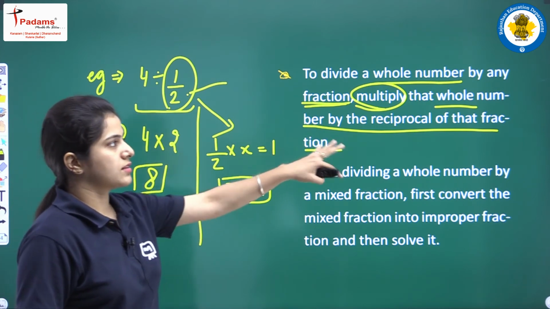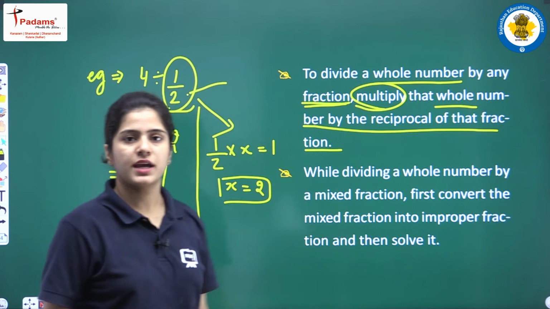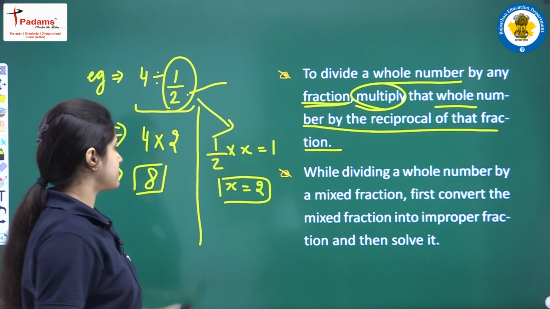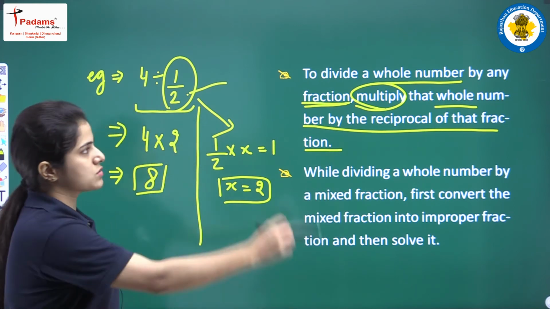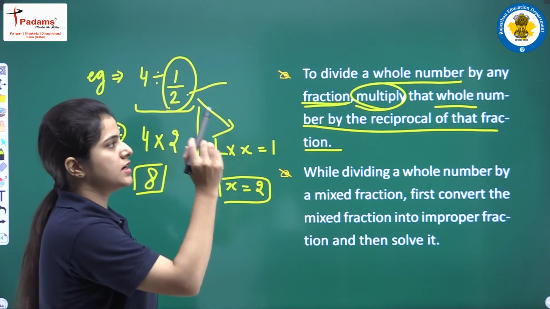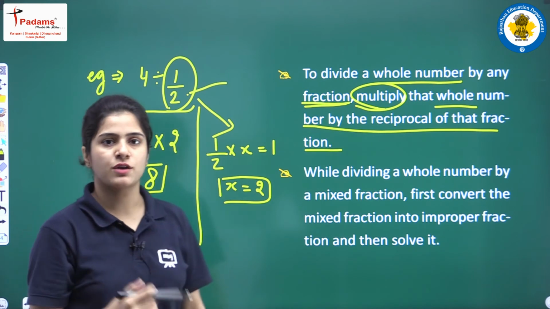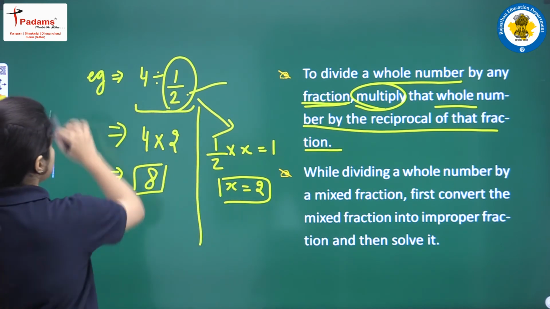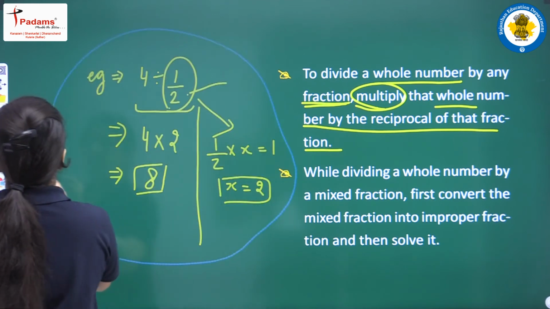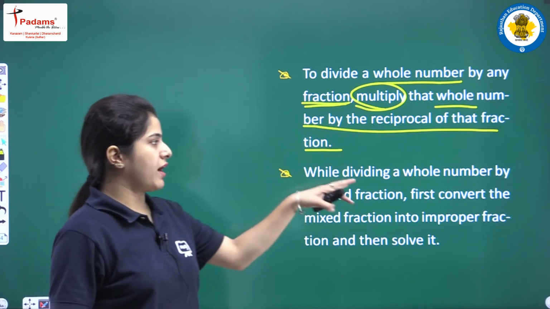So, this is what is written over here, alright students. So, to divide a whole number by a fraction, multiply that whole number by the reciprocal of that particular fraction, okay students. Now, students will be discussing the next thing, that is when dividing a whole number